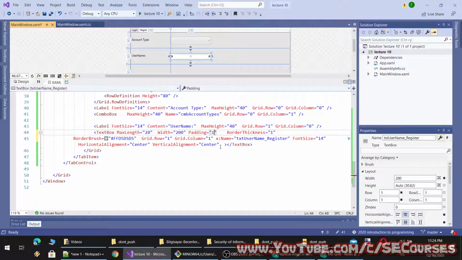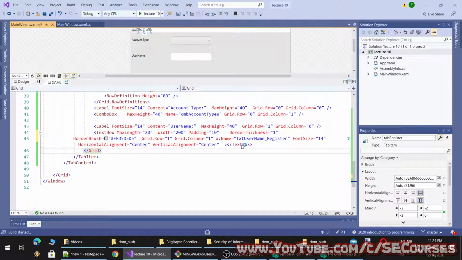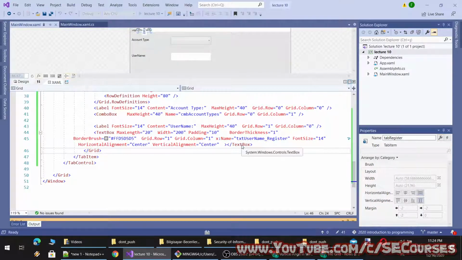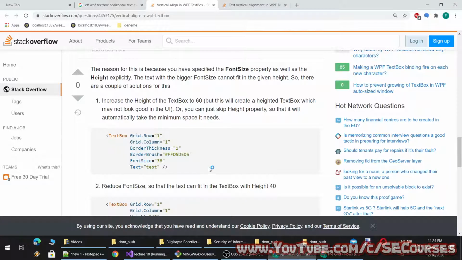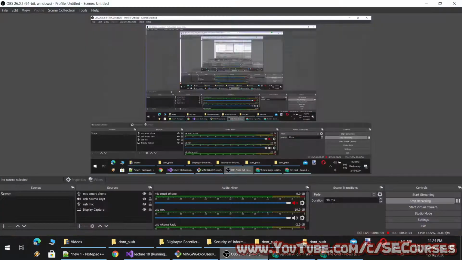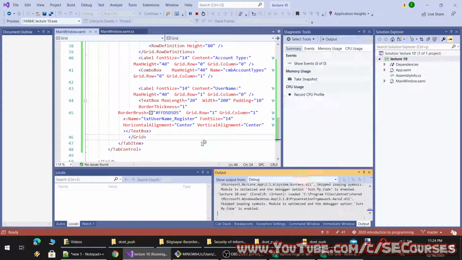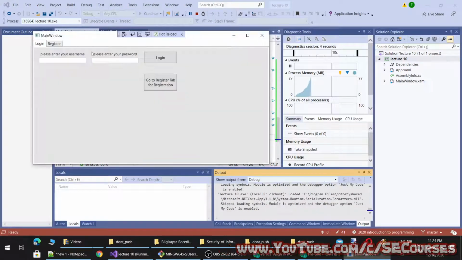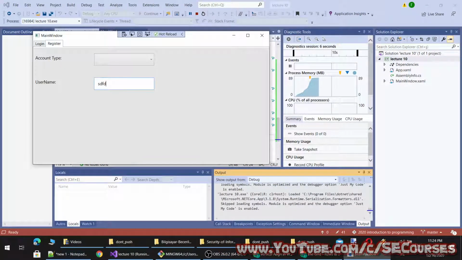Let's make the padding 10. And let's try this way. Border seems like not working though. Okay, now it is working. Yes, you see, it is both vertically and horizontally.